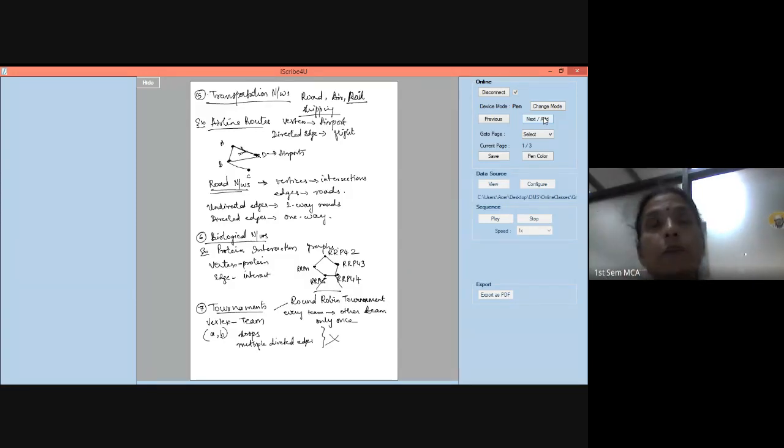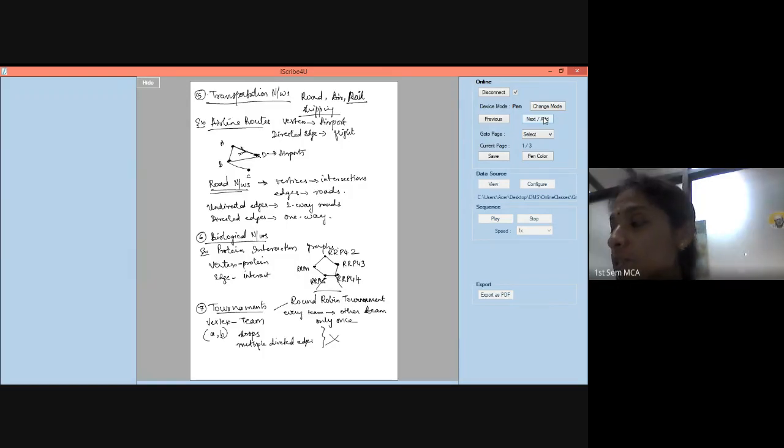You also have one more type of tournament, which is called a single elimination tournament. A tournament where each contestant is eliminated after one loss. That means if you lose a game, then you are out of the tournament. Such tournaments are called single elimination tournaments. There also, a vertex can be used to represent a game. A directed edge can be used to connect a game to the next game, the one the winner goes on to play. If you lose, you come out of the tournament. Anyway, these are the different models of the graph.